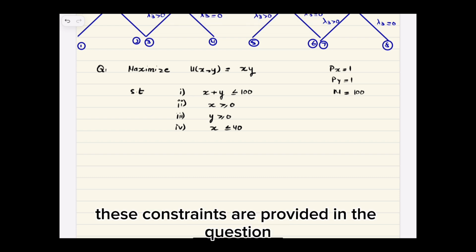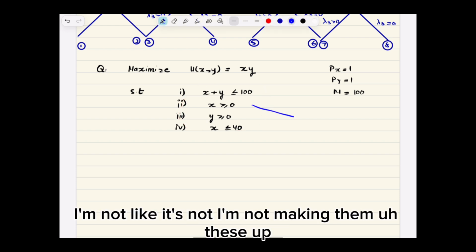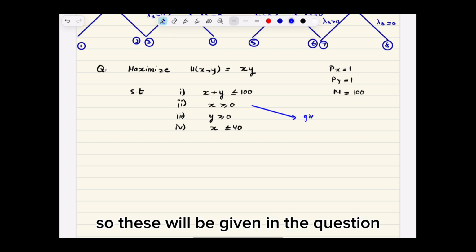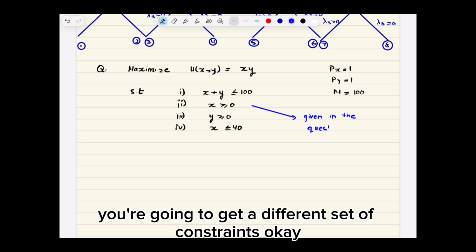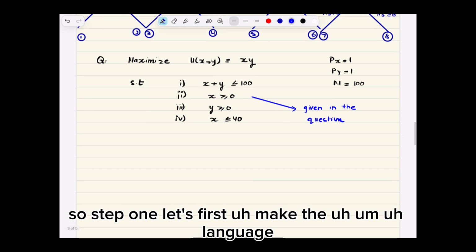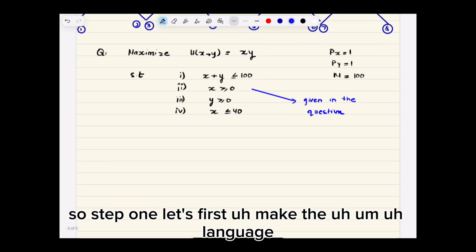So remember, these constraints are provided in the question. I'm not making them up. So these will be given in the question, and obviously for every question you're going to get a different set of constraints. Okay, so step 1, let's first make the